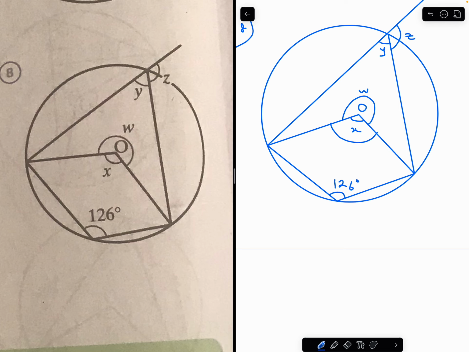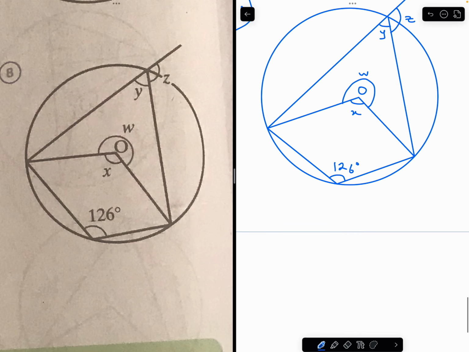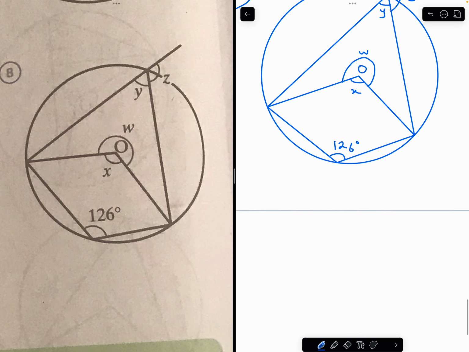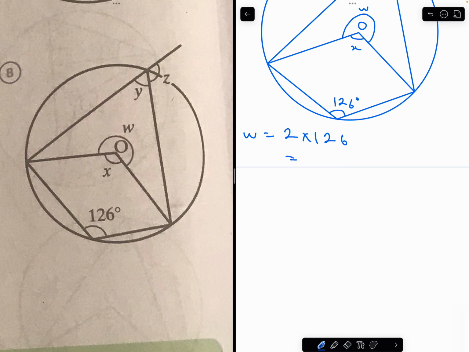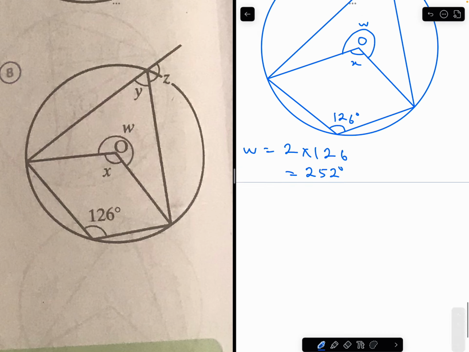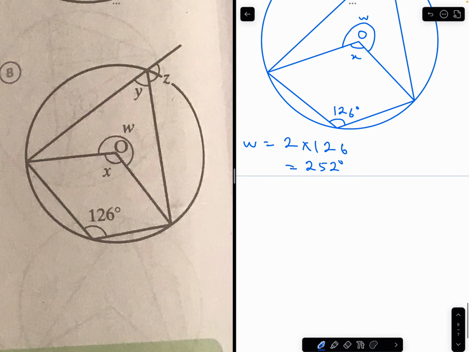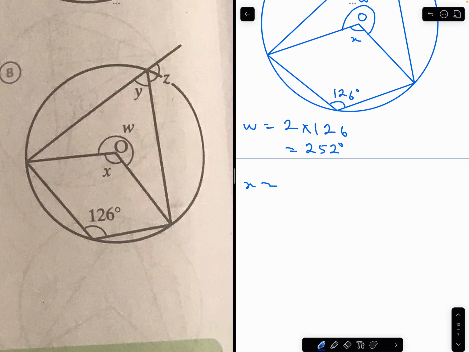X is also facing up at the center and Y is facing up at the circumference. So X is twice Y. You will see that the one at the center is facing the same side that the one at the circumference is facing. So W equals 2 times 126 degrees. Angle at center is twice angle at circumference. So that's 252 degrees. Now that we know W, I can find X easily. X will be equal to